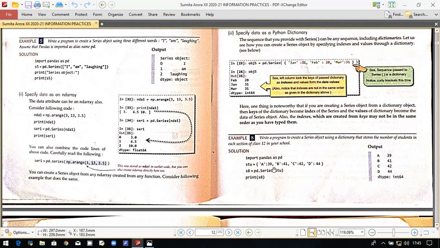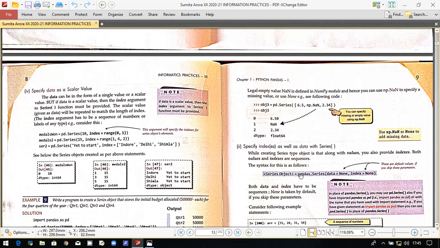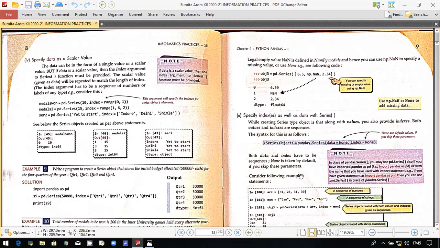Okay, again you can see here the data values were 1, 2, 3 and 4. So you are seeing the data values here, and the keys of the dictionary have now become the index for the series. So this A, B, C and D are the indexes which were earlier the keys of the dictionary. So you can say that whenever you are creating a series with the help of a dictionary, the keys of the dictionary will become the rows, and the values of the dictionary will become the data values for that series.